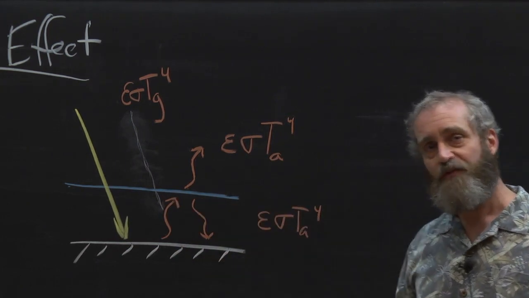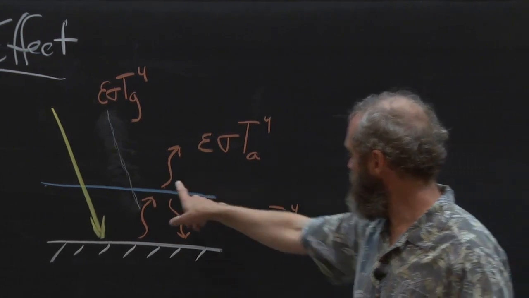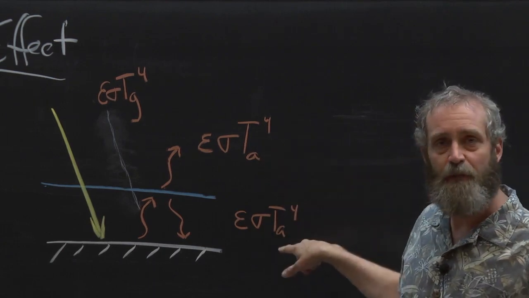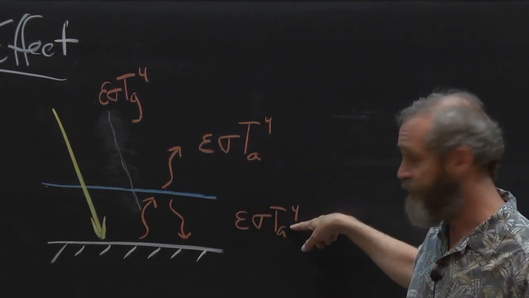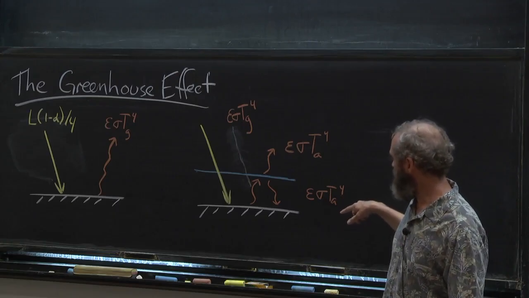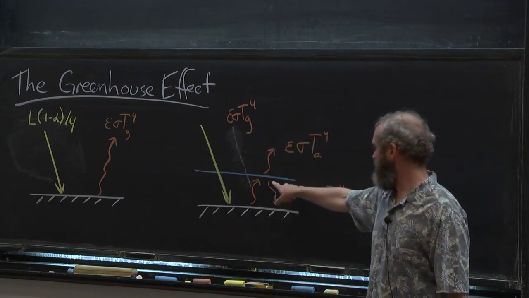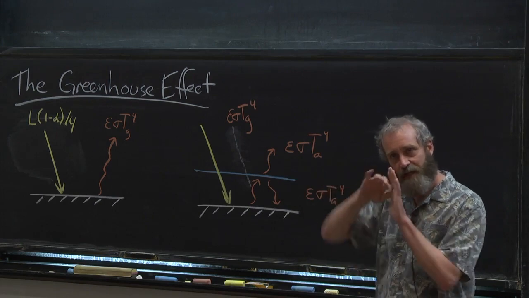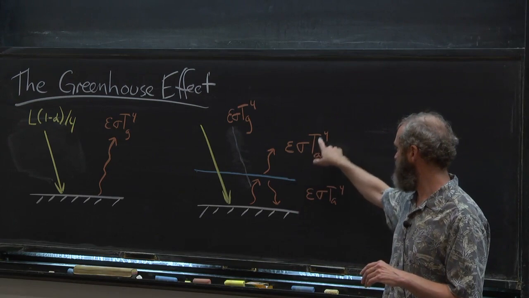And the glass itself is going to shine in the infrared in both directions, up and down, according to its own temperature, the temperature of the pane of glass, or as I've written, the temperature of the atmosphere here. So we're assuming throughout all of this that these epsilon values are equal to 1. So that means that the glass has all of the oscillators that it needs to make a nice smooth black body curve and create the full sigma T to the 4th